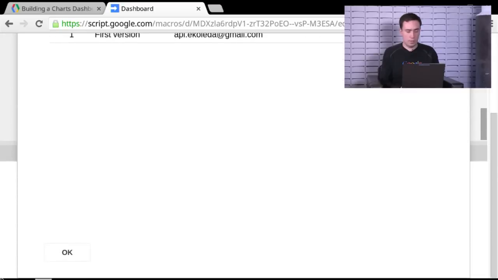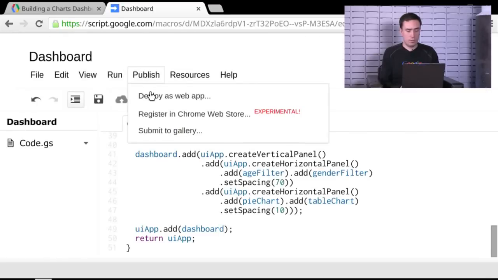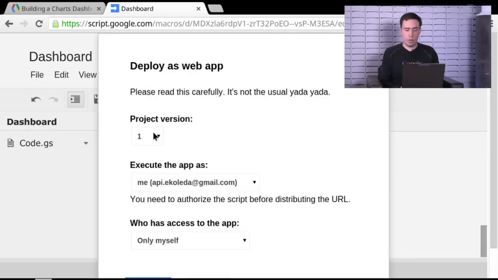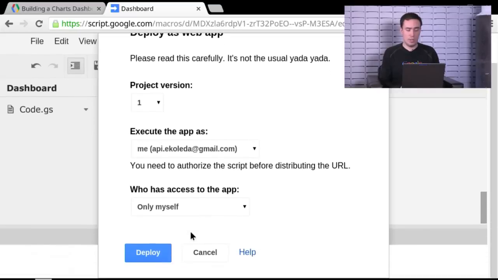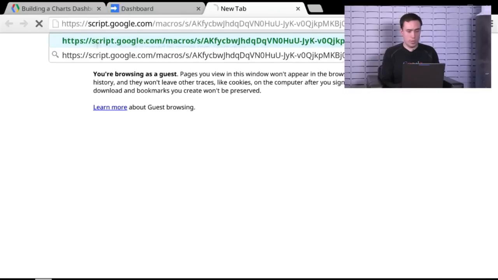Now that that's done, we can actually deploy this web app. We pick the version 1. We choose who can actually access it. In this case, I'll leave it to just my own account. Or who it runs as, which is in this case going to be me, and then who has access to it. And I'll say for right now, just myself. And here's the URL of your published web app. If we paste that into a new window,